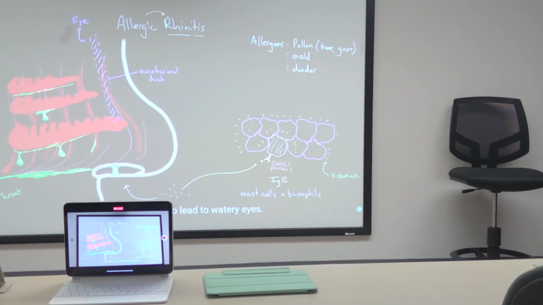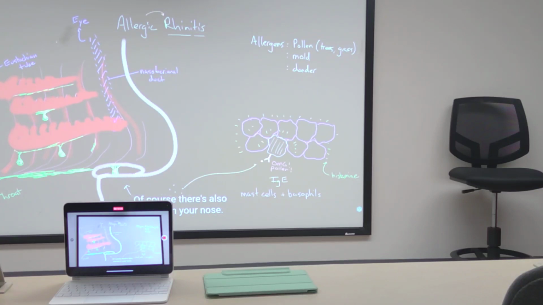And that's going to lead to watery eyes. There's another tube that can be affected at the back of your throat, and that tube is connected to your ear. It's called the eustachian tube. Similarly, if the swelling gets bad enough, it can block off the eustachian tube and cause fluid to back up in this. And that's going to lead to symptoms with your ear, particularly stuffiness and decreased ability to hear.